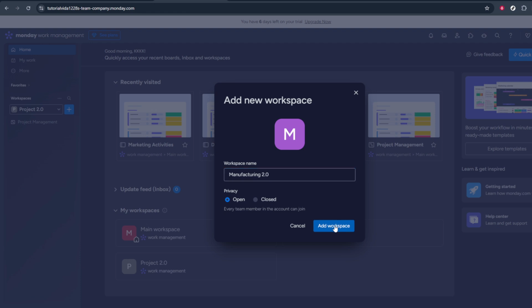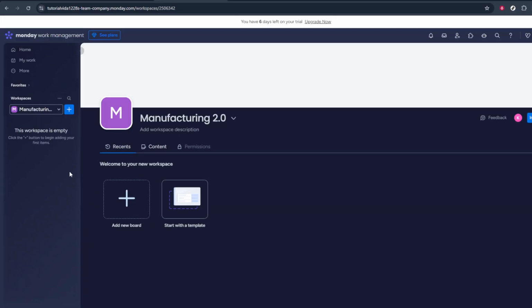After typing in the name, look for the Add Workspace button. Click on that to finalize this step. Your new workspace is now ready and set up as a blank canvas for adding boards, projects, and any other necessary components. With the new workspace set, it's time to add the first project board that will guide your team's